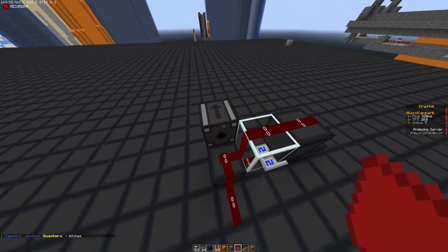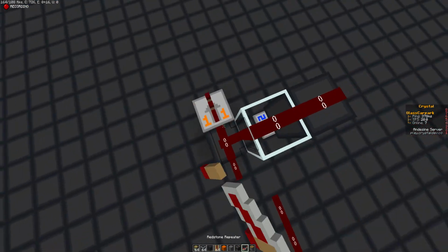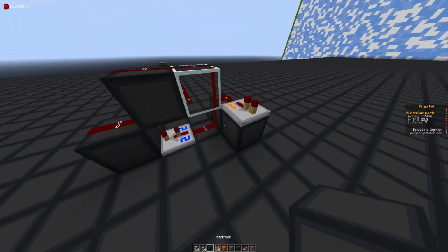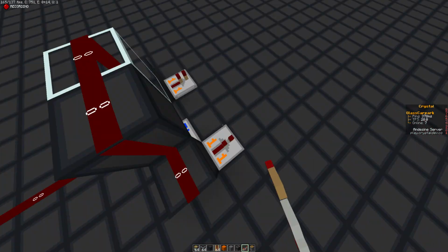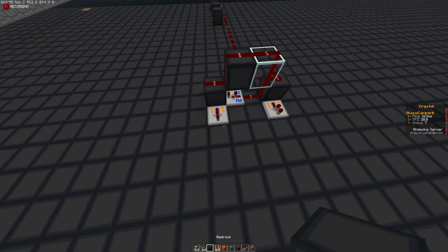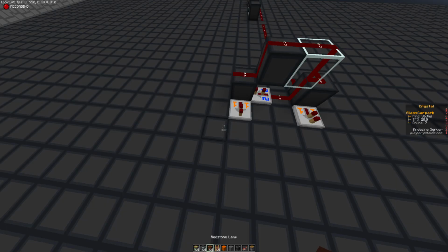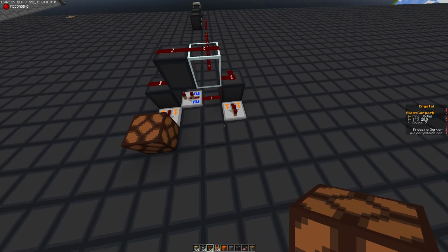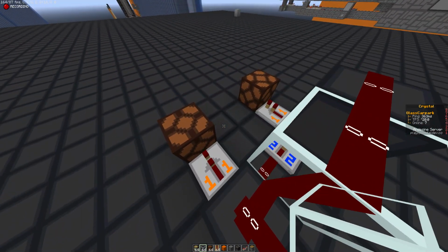So basically what'll happen is, let's put that there, and then I think it was, or it might have been off the bottom, to be honest. Was it there? And there? I'm just going to put a lamp there just to see. It was something like that. But yeah, basically what's going to happen is when this gets powered, it's going to instantly...